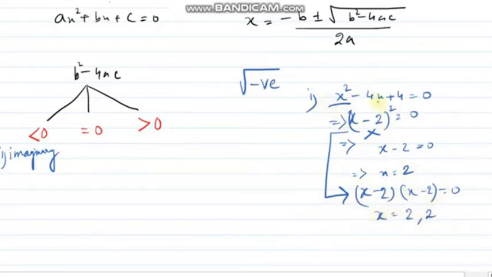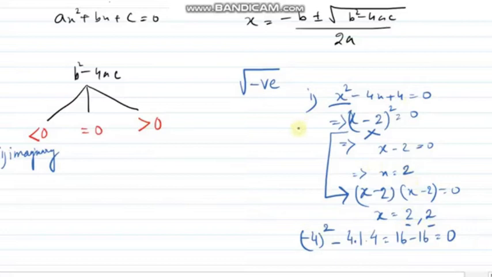Why are we getting this kind of thing? Because if you check b square minus 4ac, if I equate this with ax square plus bx plus c, a will be 1, b is minus 4 and c is 4. So b square minus 4ac for this sum will be 16 minus 16, which equals 0. As b square minus 4ac is coming 0, we are getting equal roots. Later, with a graph, I am going to discuss this more. So if this is equal to 0, then roots are equal.